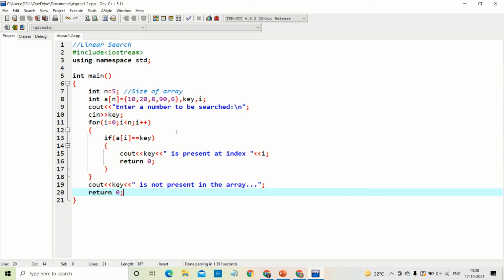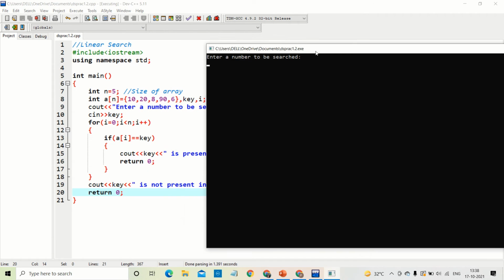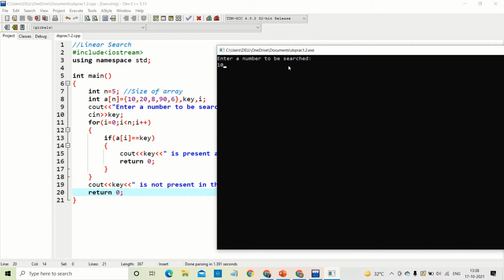Now what we have to do next is analyze this in terms of its performance: how it will behave in the worst case, in the average case and in the best case. So talking about the best case first. Best case will happen when I execute the code again. Now if I am entering value 10, then that particular for loop in which I am doing the comparison will be executed only once.